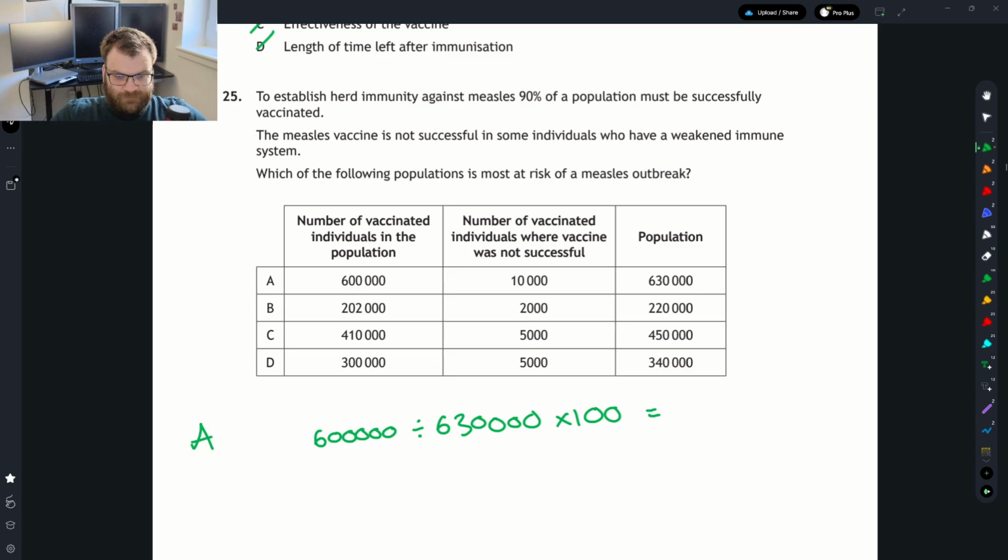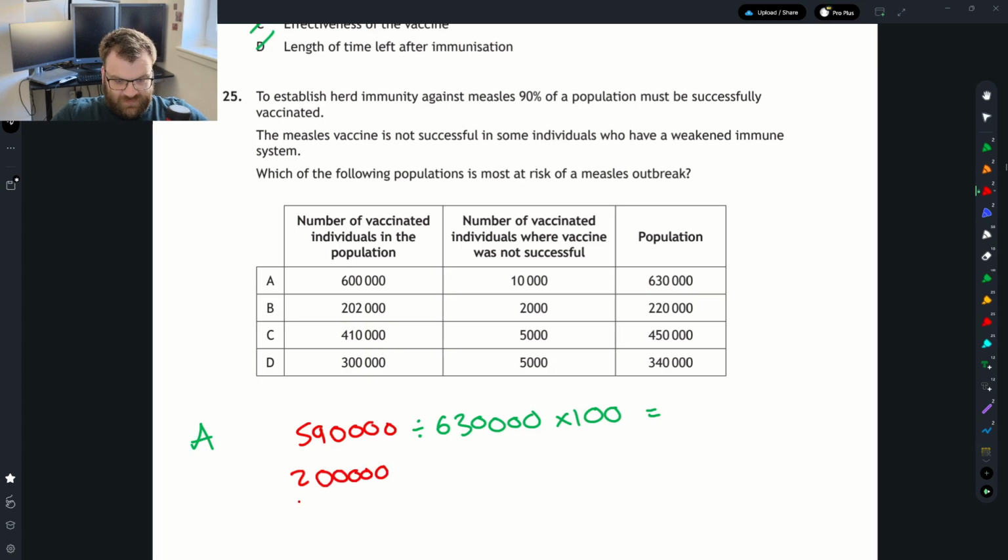Next one. Now, I've again just found out a problem here. Well, I've misread that. So there were 600,000 vaccinated, but 10,000 were not successful. So that means that is going to actually be 10,000 less than that. So it'll be 590,000 times 100. Okay, the next one then for B would be